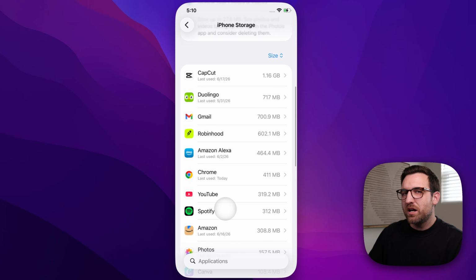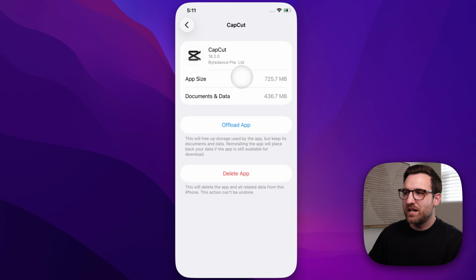We've got things like Spotify or YouTube, where you might download music or download videos to your phone, which will take up data and storage space as well. When we tap on any one of these apps, one trick that you can do is offload the app. It will free up storage space that's used by the app, but keep its documents and data. Reinstalling the app will place back your data if the app is still available for download,